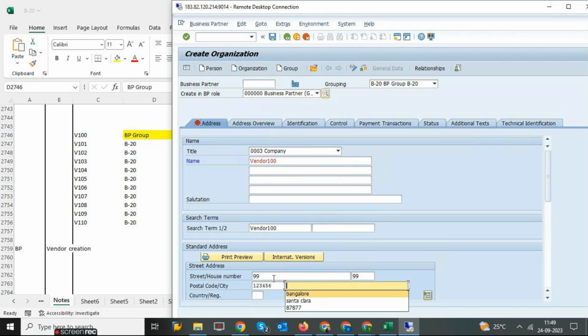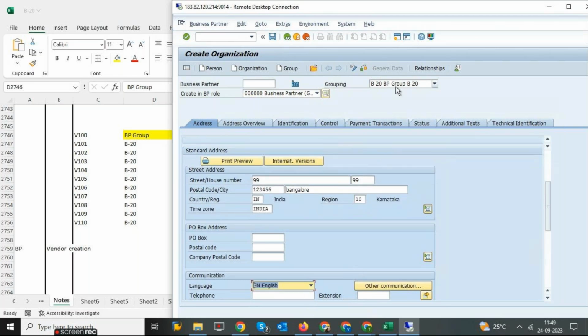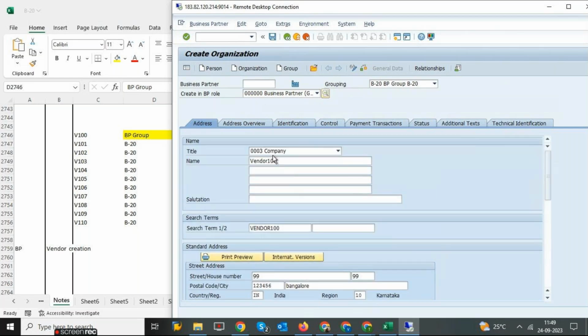What are the mandatory things? However, we have to map it, the region, and go here. And the language is English. See what at all I entered. Just notice here. I selected this BP group. Then I selected the title and the name I entered. Then the search term and the address, that is street, house number, postal code, city, country, region, all parallelly I entered,